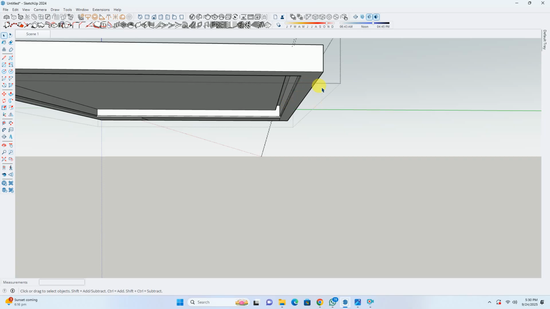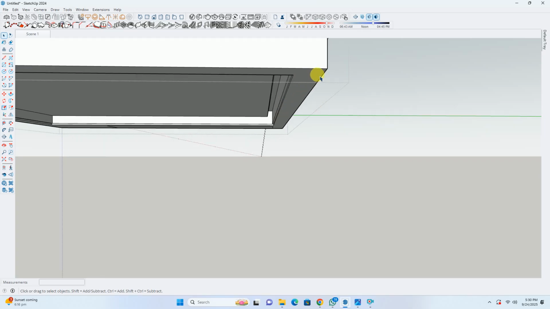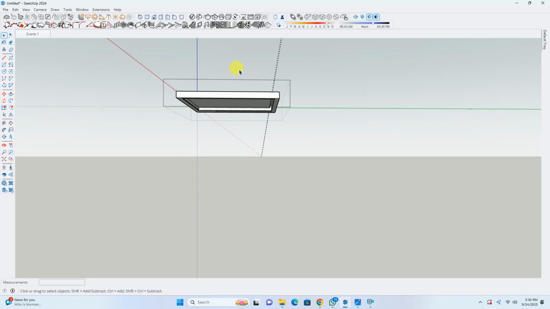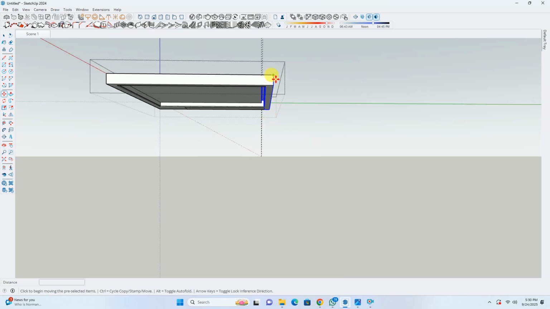Now because we have used 1.5 inches from this surface, we have to move this false ceiling to the left side at a gap of 1.5 inches. So for that, I'll select this false ceiling with a blue window. That means I'll specify the first point on the left side and the second point on the right side. Then apply the move command and move it along the green axis at a gap of 1.5 inches.